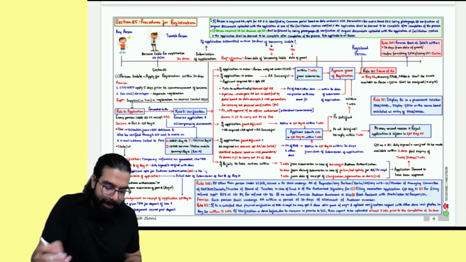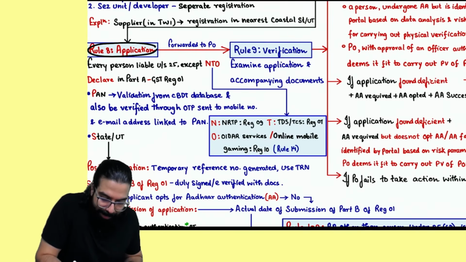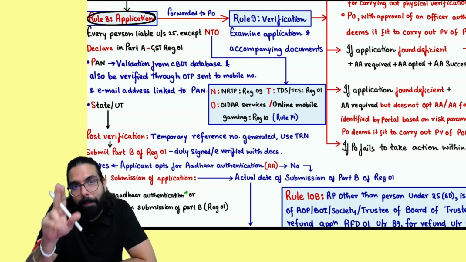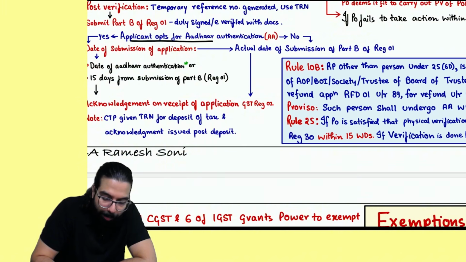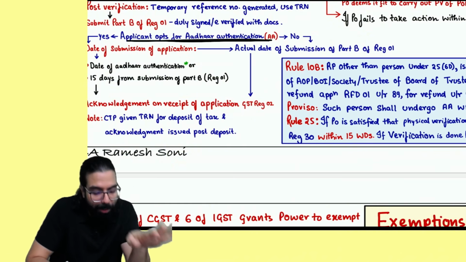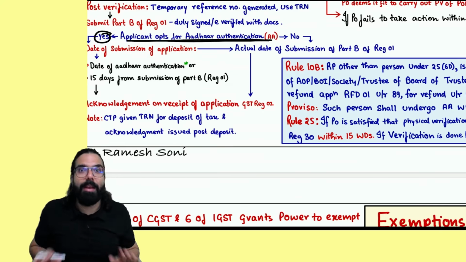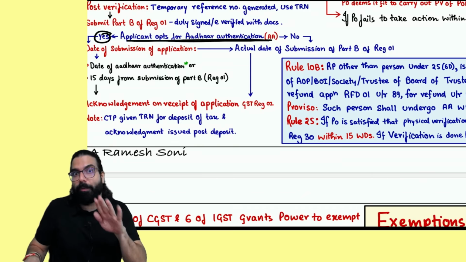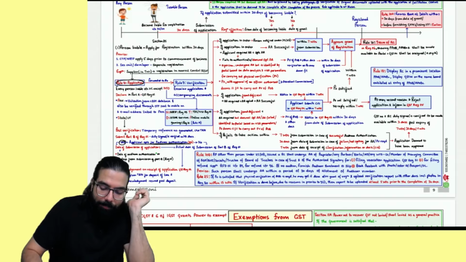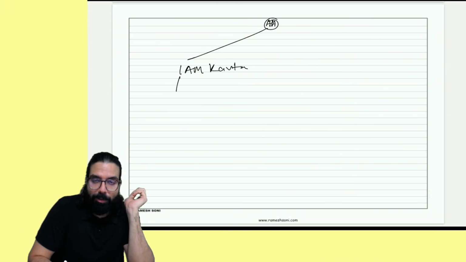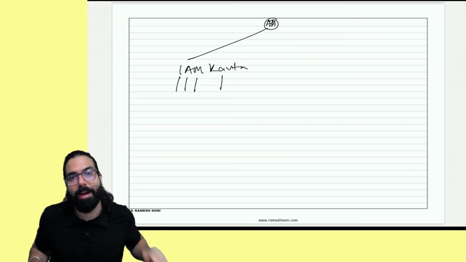Now, under rule number 8, we used to understand that your application, you have to fill your GST REG-01 Part A and Part B. And in Part B, one Aadhaar authentication used to be there. And sir, if I have told I will do Aadhaar authentication, correct? Everyone listen very carefully. Who are the people required Aadhaar authentication? Sir, we remember you had told people who are required Aadhaar authentication. Individual, authorized signatory, managing and authorized partner, and Karta. These 4 people you had told, sir, are required Aadhaar authentication.